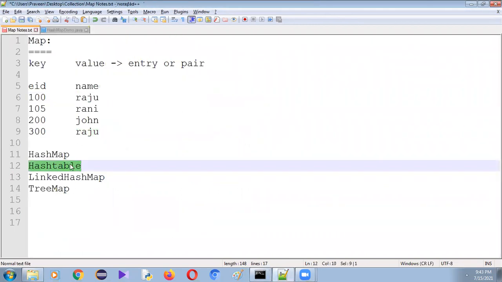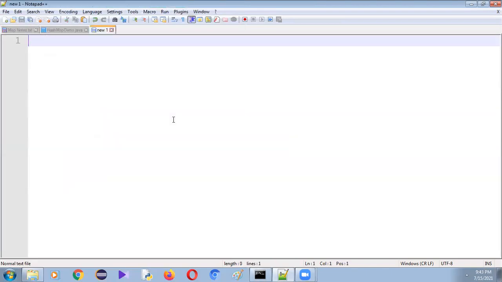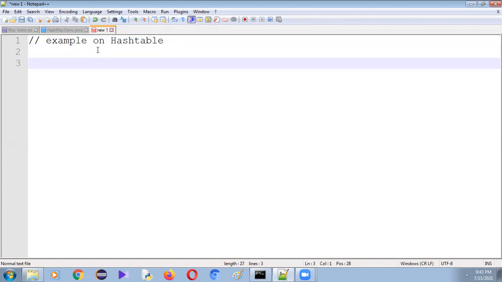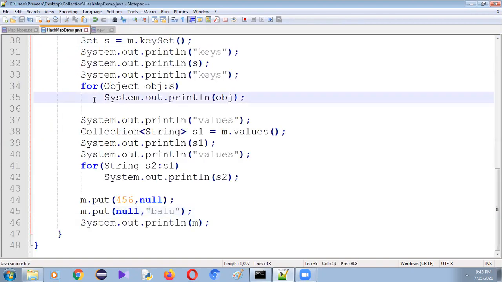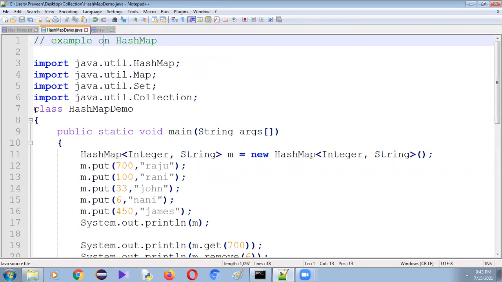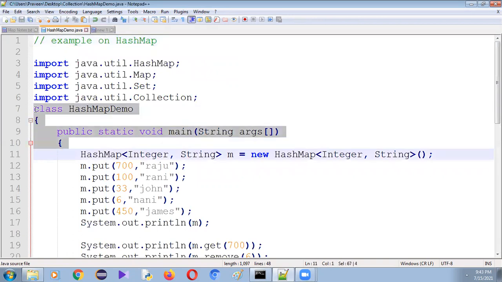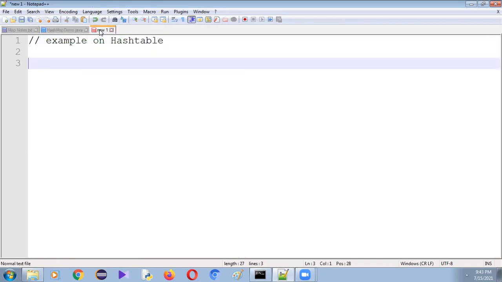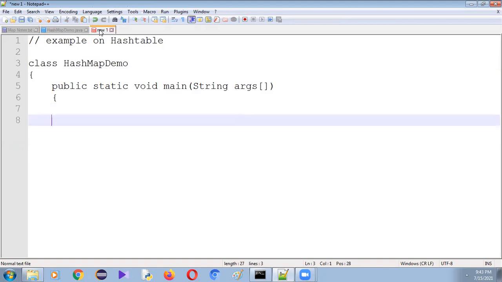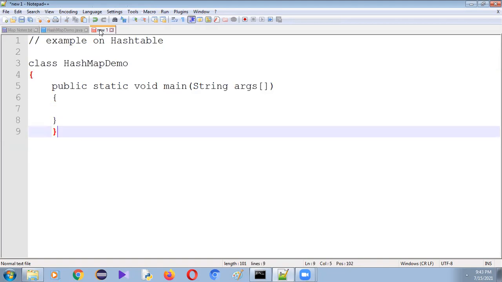Hash table. Example on hash table. Let me copy some data from the previous file. Hash table demo.